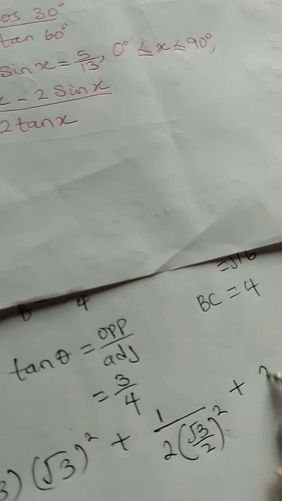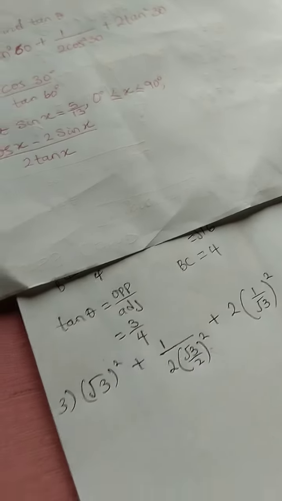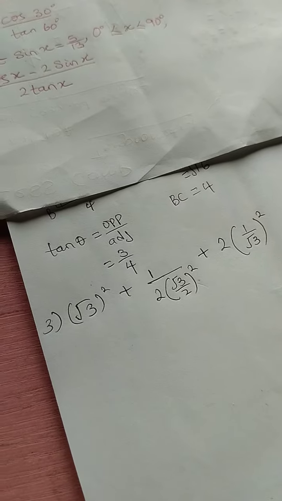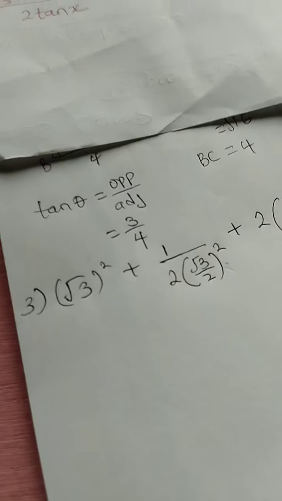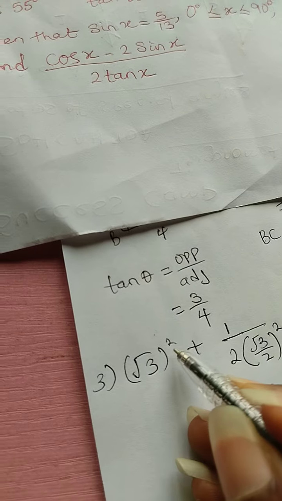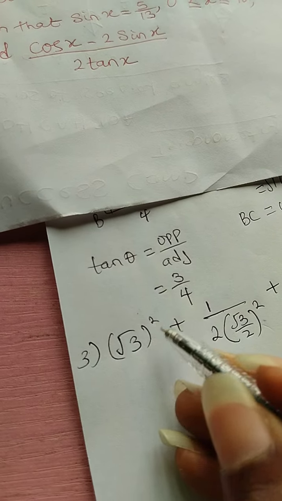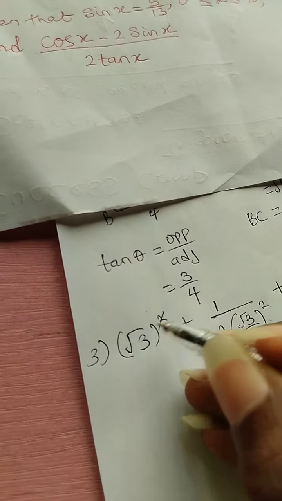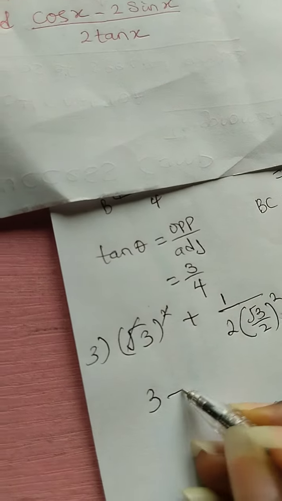That will be 2 times 1 over root 3, all squared, and we'll be able to achieve that. So by continuity, we'll be having root 3 as root 3 and 3. It just cancels both sides, so we are left with 3 plus